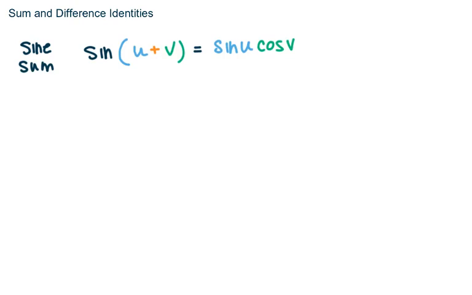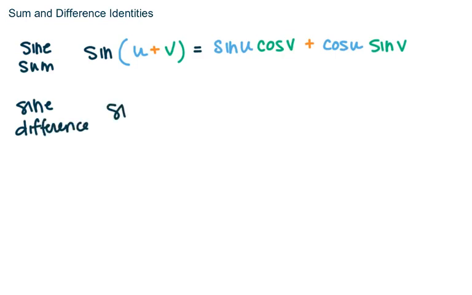So we're going to look at the sine sum. So this says that sine of u plus v can be written as sine of u cosine v plus cosine of u sine of v. So we have the sine sum, and we can also have the sine